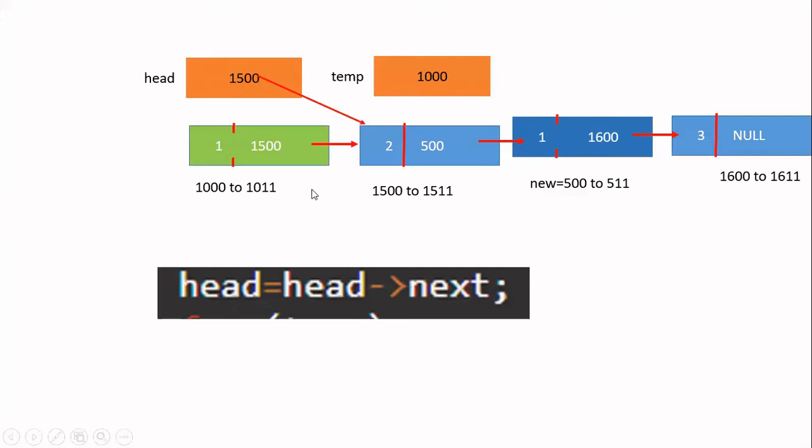Now what I'm going to do next, I'm going to make this head point to this node because I'm going to delete the green color node. So I am writing head of next. Head arrow next is nothing but this 1500. So this 1500 I have to store here. Previously it was having 1000, but now I will store this 1500 here. So head arrow next is going to give you 1500. Store it in head. When I execute this statement, this arrow will be created.